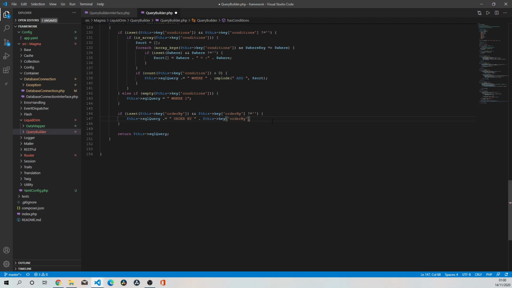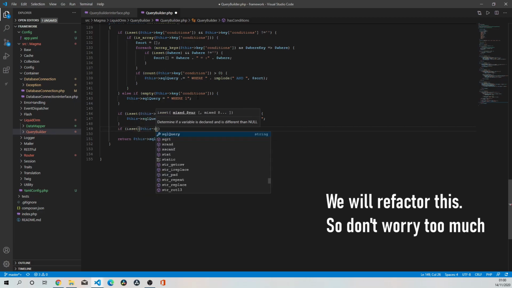And we're going to put a space, so if we concatenate anything else onto the string, it's going to have a space. And the next bit that I want to put on actually is also, for pagination, we could add offset and limit. So I'm going to say if this key